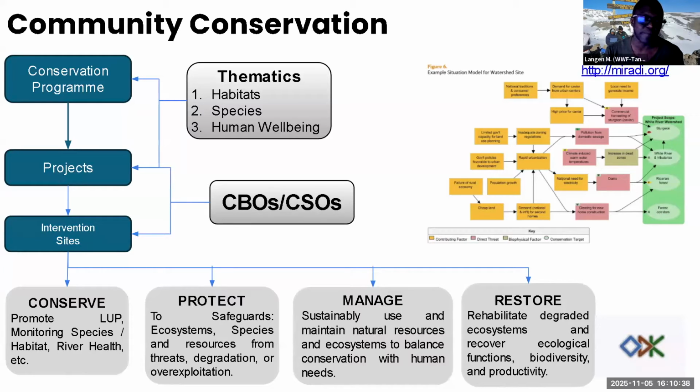That's how mostly we're working on these intervention sites. But looking at WWF and other organizations, there are mostly four areas they are working around to conserve. The first is monitoring, where we are using a lot of different tools. It depends on the work, and to protect, mostly if they designate a forest, freshwater, or wildlife protected area, that's where